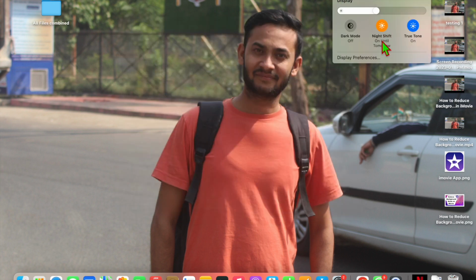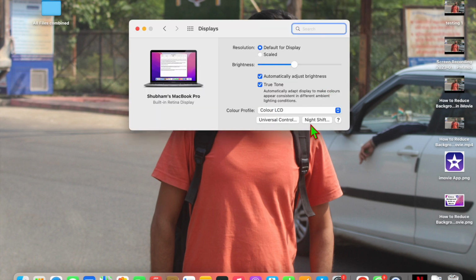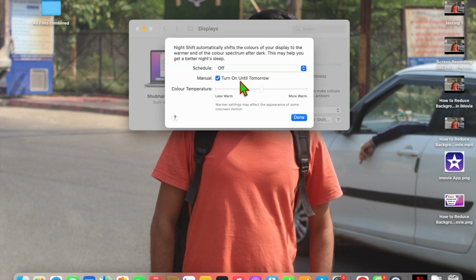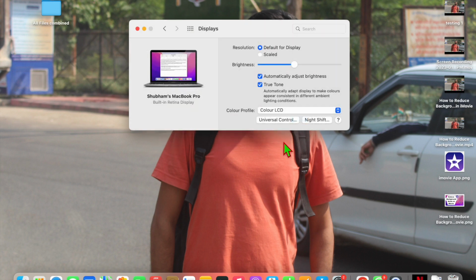Now click on night shift and display preferences, and here you will see the night shift option at the bottom. Just click on it, and here you can click on custom, and now you can select this, and here manual, turn on until tomorrow. Okay, this is manual. So like this you can do it. Now like this you can